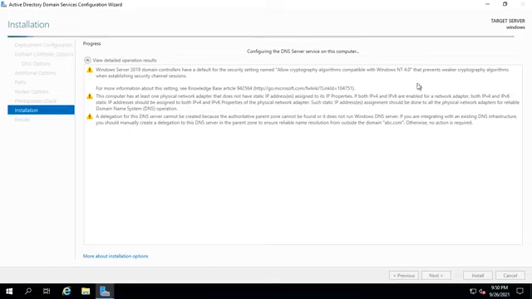So see there, this is domain controller options, DNS options, additional options, paths, review options, prerequisite checks, installation. Last will come the result.